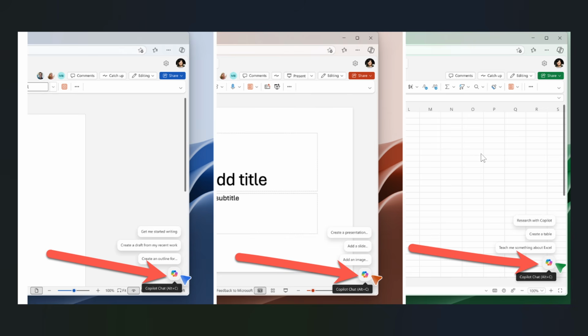Users have also criticized the placement for covering content or creating distractions while editing files. And I do agree with that. And the backlash obviously now has pushed Microsoft to rethink how the feature behaves inside of these said Office apps. And because of this now, Microsoft is giving users more control